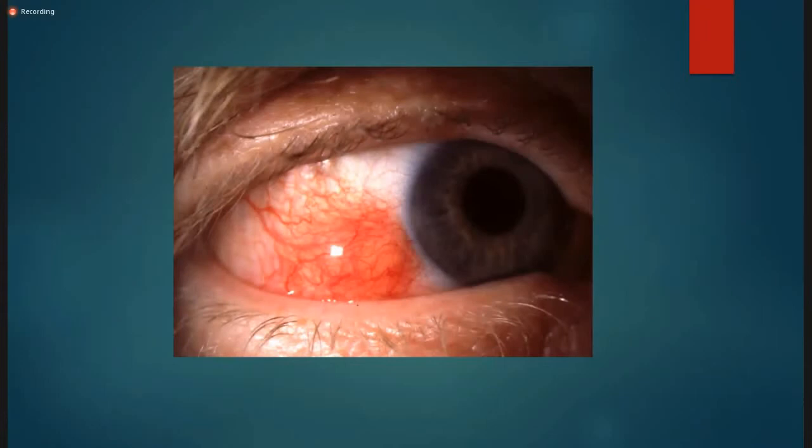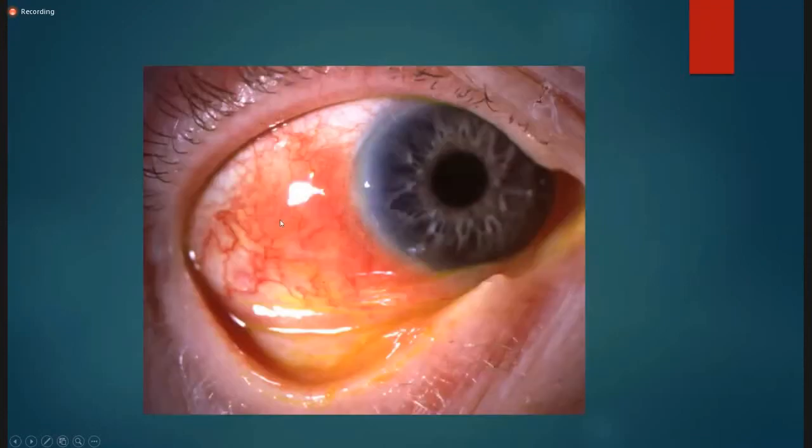Number two, this nodule, which is due to episcleritis, it is movable. While in this figure, there is also a nodule, but this is immovable. If you put a phenylephrine drop, it will remain red. Now you can see this part. This is non-congested part. There is no conjunctivitis. This is scleritis.